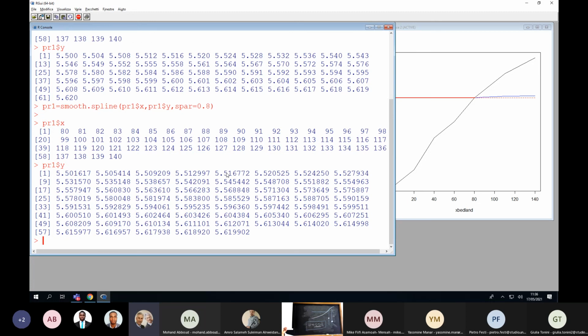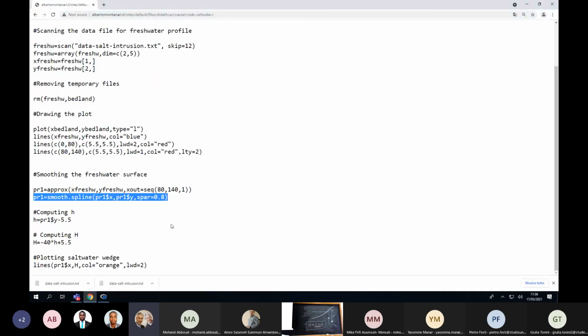Okay, perfect. Now I have to compute h, which is given by the y coordinates of the freshwater profile with the higher resolution minus the sea level, and